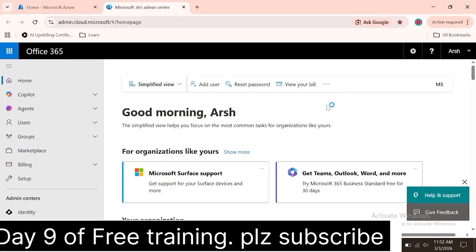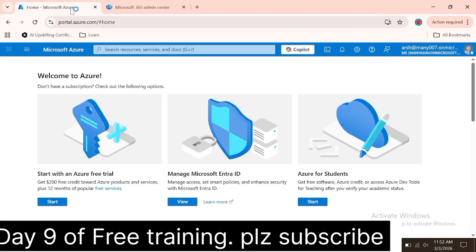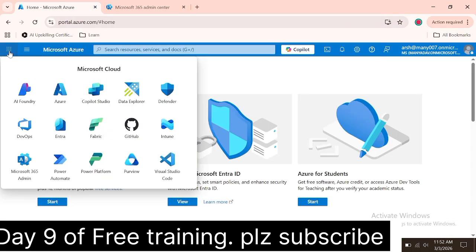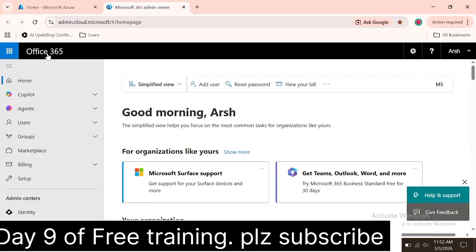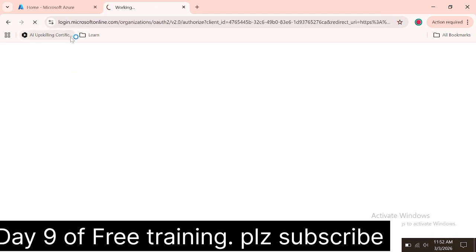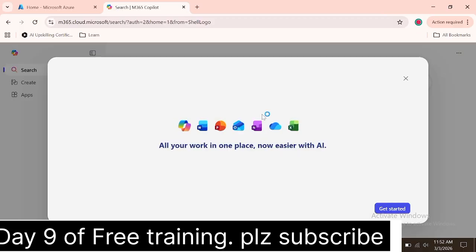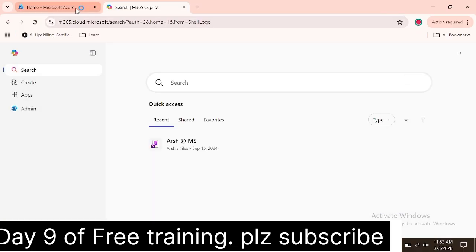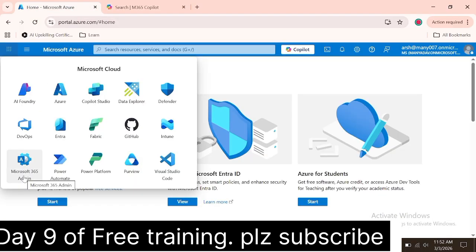This is one of the portals I have created for testing purpose only. In this portal, I will show you the overview of M365, and then we'll go ahead and cover a little bit of Azure. If I go to the M365 portal, this is an admin portal. For end users it's a different portal, and for admins it's a different portal. When you click here, these are all the services of Azure. AI is a new feature which came in Azure. Then we have Azure, Copilot Studio, Data Explorer, Defender. Defender is for security. Intune is for